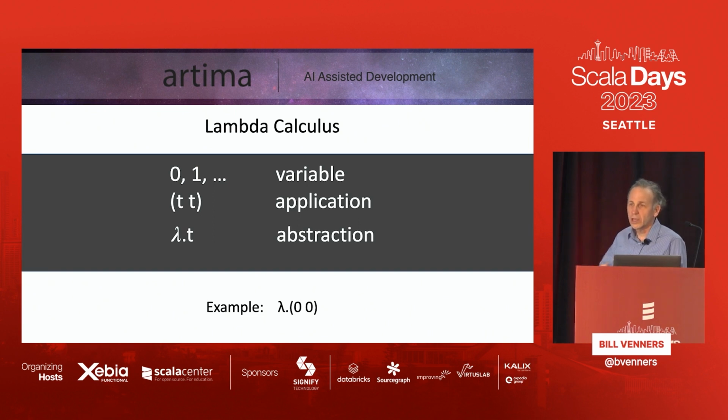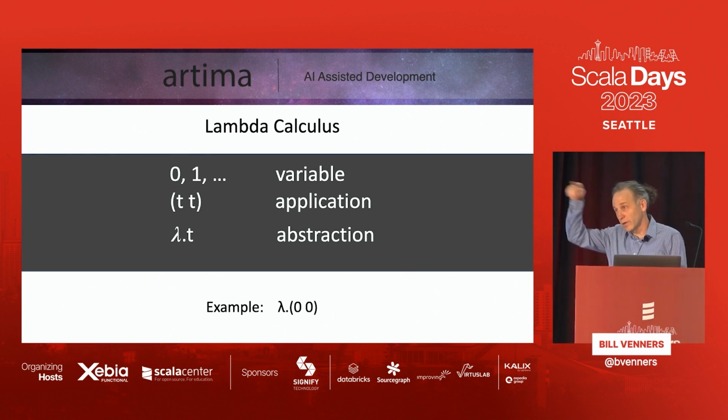And an application is how you invoke a function. So normally in algebra or in Scala, we'll say f parens x to invoke f and pass x in. In Lambda Calculus, it's juxtaposition. So you'd say f space x. And so what I do is I always put a space between them, and I put parens around an application, and I don't put parens anywhere else in my notation. And the last thing is actually a function literal, or what we call lambdas. It's why we call them lambdas.